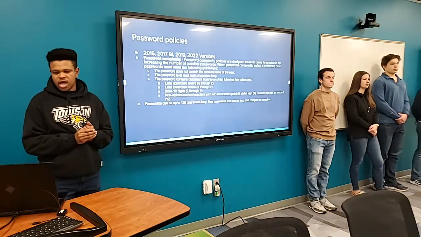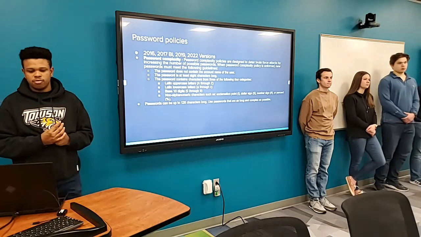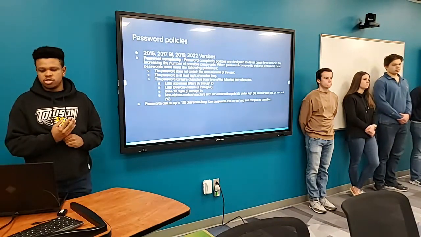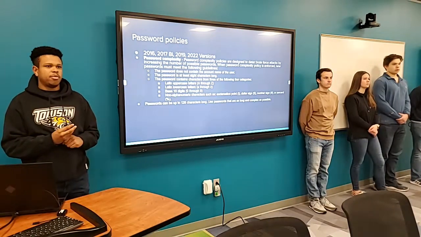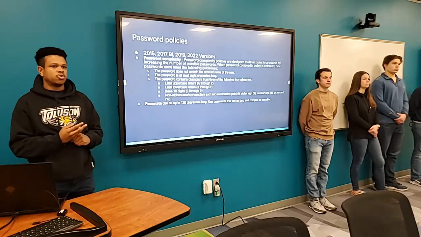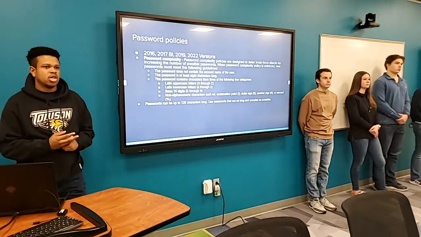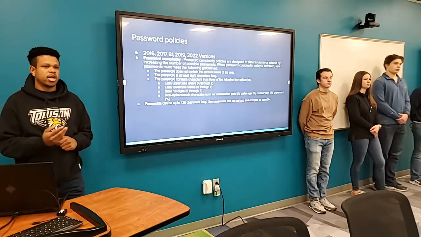So for the password complexity of the 2016, 2017, 2019, and 2022 versions, password complexity policies are designed to deter brute force attacks by increasing the number of possible passwords. When password complexity policy is enforced, new passwords must meet the following guidelines. Some of those guidelines are: the password does not contain the account name of the user, like I just previously stated,